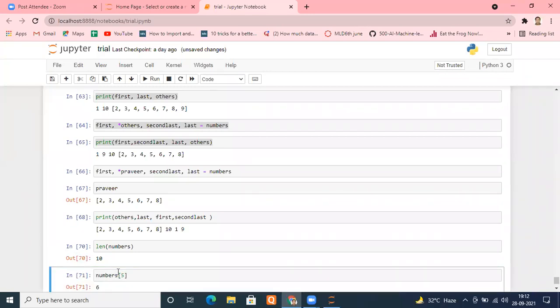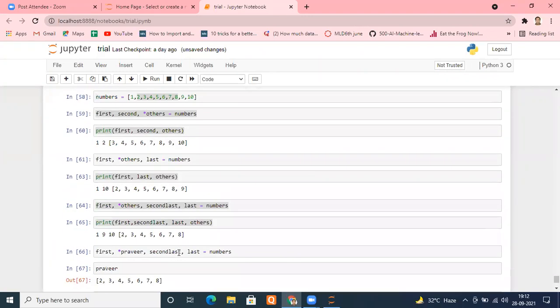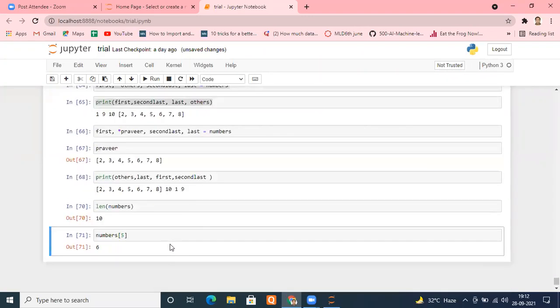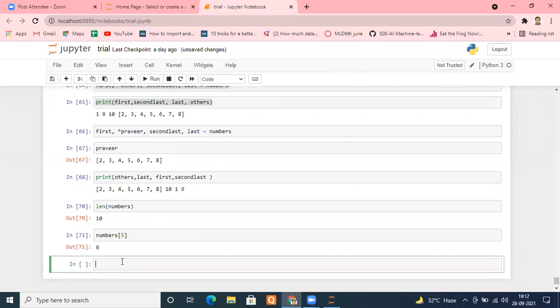Sir, in the same way we are doing this: first we are printing first, others, last. Can we do it that way? No, actually directly we cannot, because we are using others in the middle position. Let me check one thing. We would need to know the index of that.